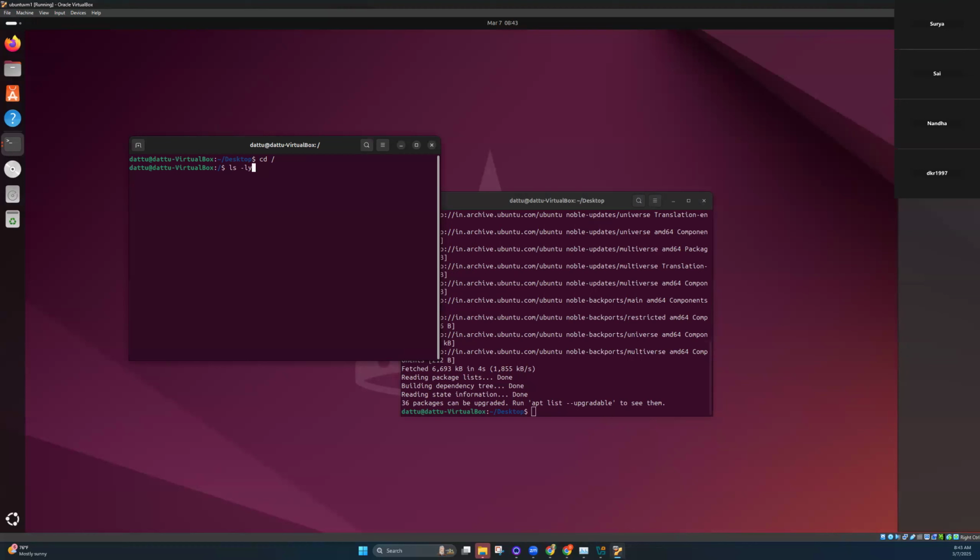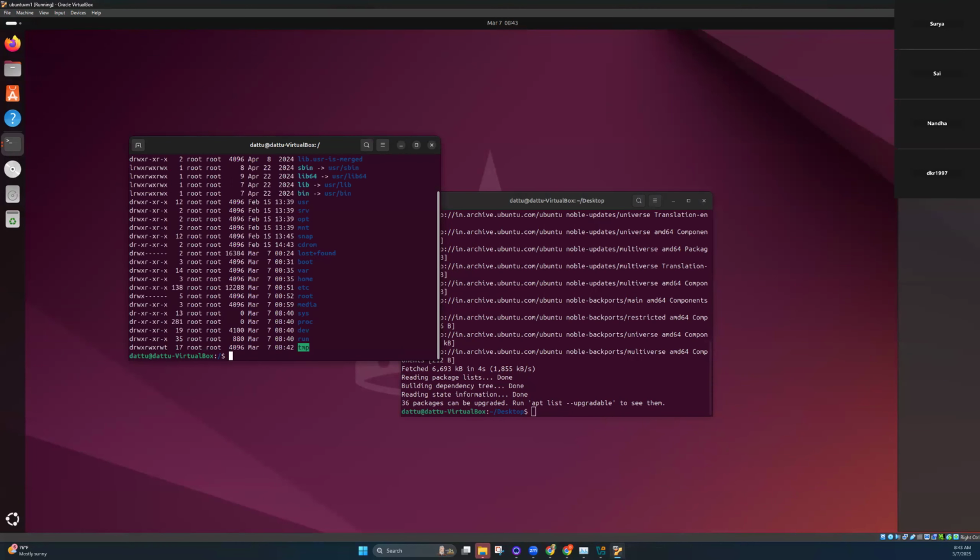So it will show the list of the files in the recursive order. Okay. So here we have something called apt. Do we have apt? So here we have something called apt, and